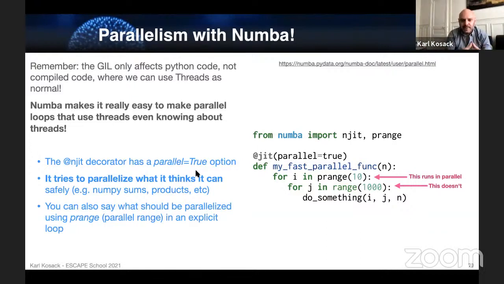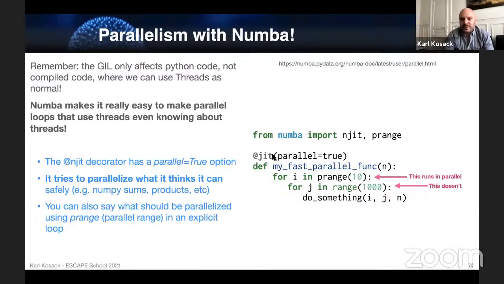It looks at your for loops and tries to figure out if they're in the right order, because sometimes it can matter whether you loop over the smaller element in an array first versus the larger element. It depends on how the arrays are in memory, whether it can then turn those into vectorized operations that can use the SIMD parts of your CPU. It also depends on whether it can send equivalent work in an efficient way to different threads. You can also tell it more specifically which parts should be parallelized using prange, basically replacing range with prange anywhere, and that tells it that particular block can be executed in parallel.